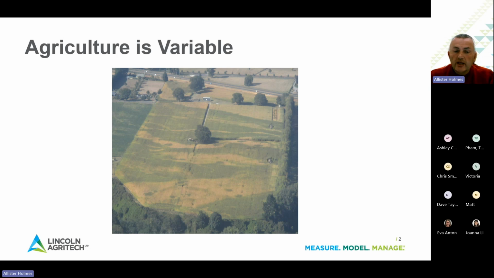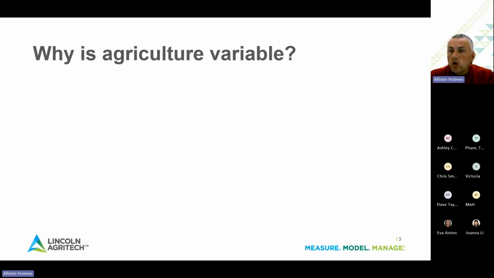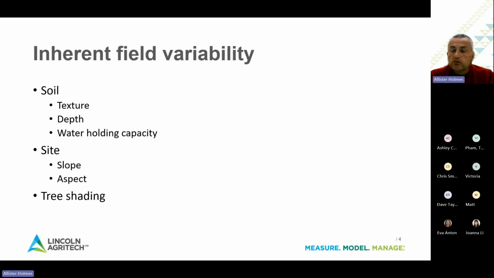So I guess the question we have to ask is why is agriculture variable? And some of the reasons why agriculture is variable are inherent in the site. Especially with pastoral and arable horticulture, we're dealing with large areas. So there are variations in the soil types in the paddock, soil texture, the soil depth, particularly in Canterbury. The depth of topsoil varies widely. The difference in the water holding capacity